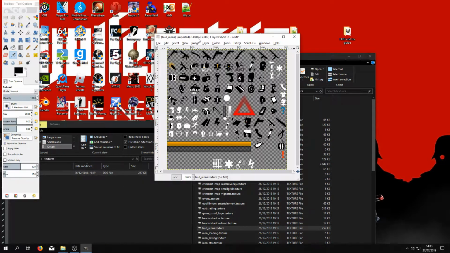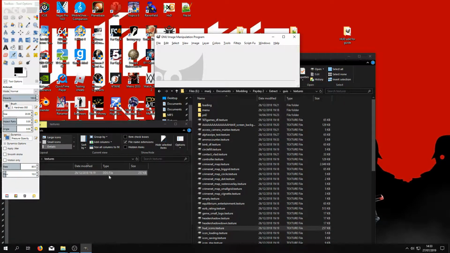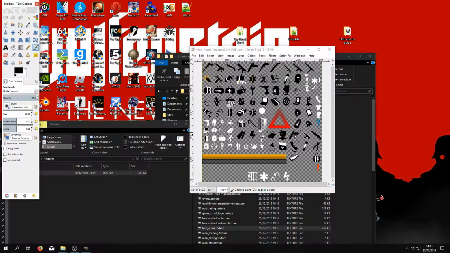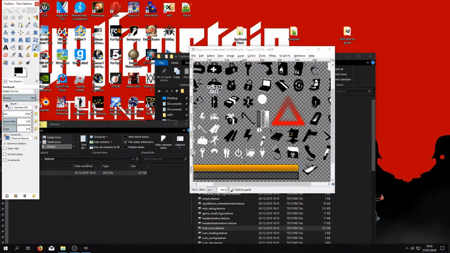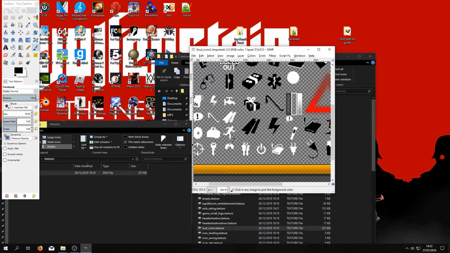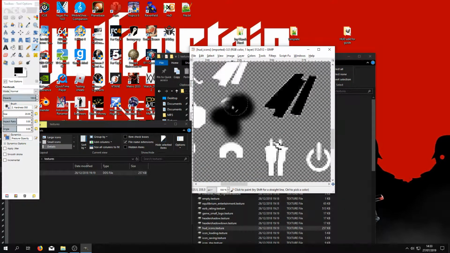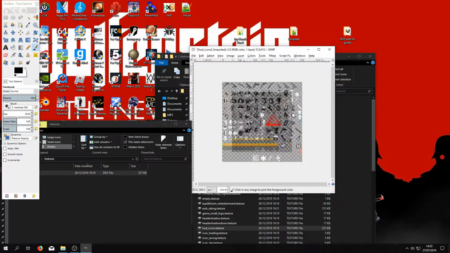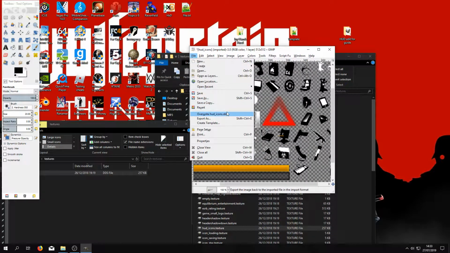So we grab our GIMP, make sure that we are actually opening the DDS file, and we are just gonna change one of these things. So let's say I am gonna change the escape symbol. So I'm just gonna paint it into black. This will not be really obvious otherwise. So now our escape icon will be a big black dot. So a very obvious change.